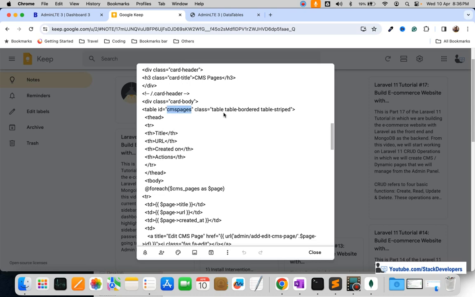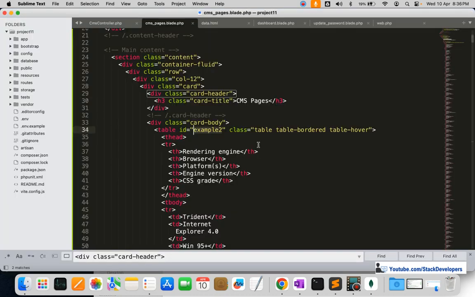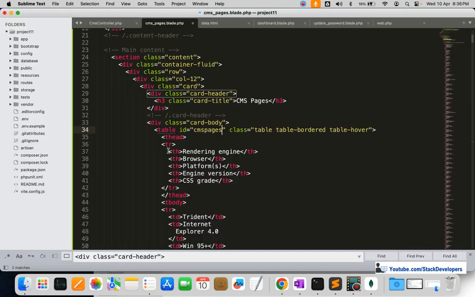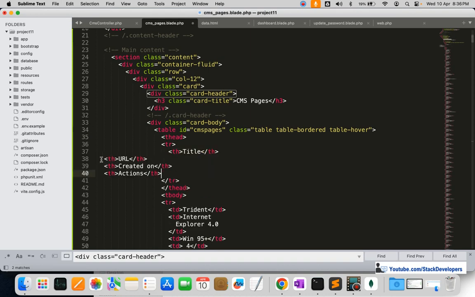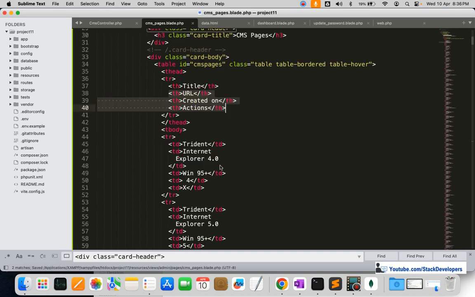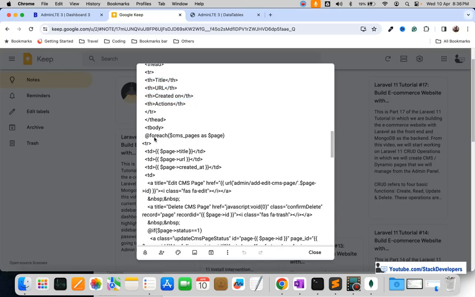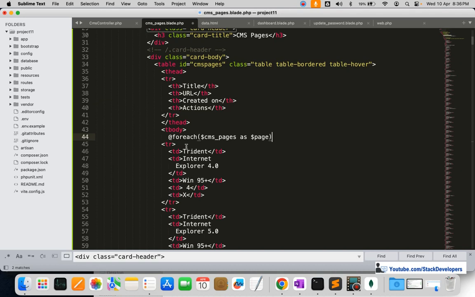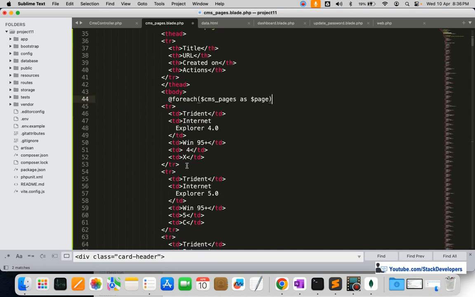Okay, the ID we are going to replace with our ID, CMS pages ID, and here the th, all the th we are going to replace with the table headings that we require: title, url, created on, and actions. Okay, and now we are going to start the for each loop inside the t body. Inside the t body we are going to start the for each loop,